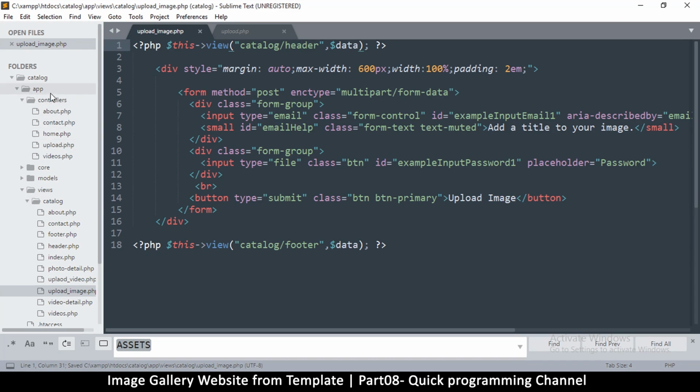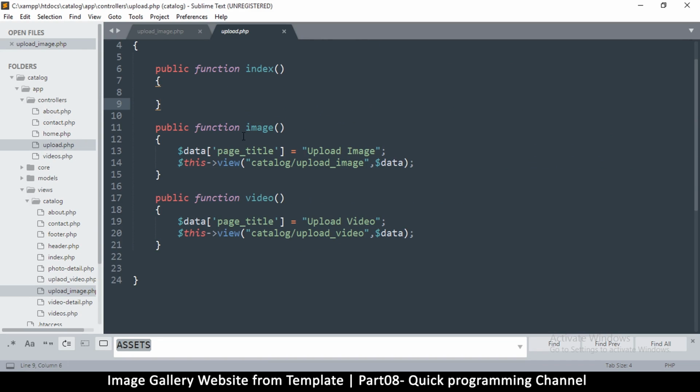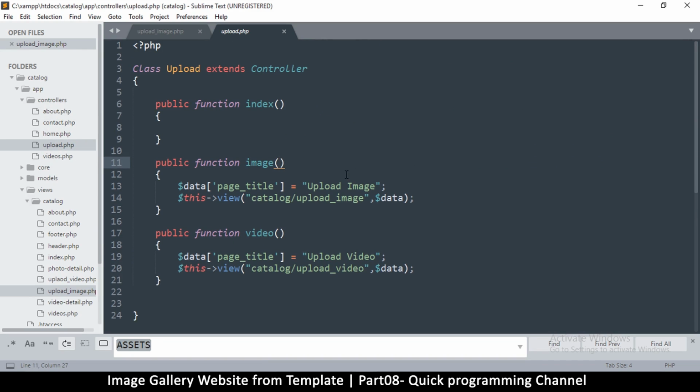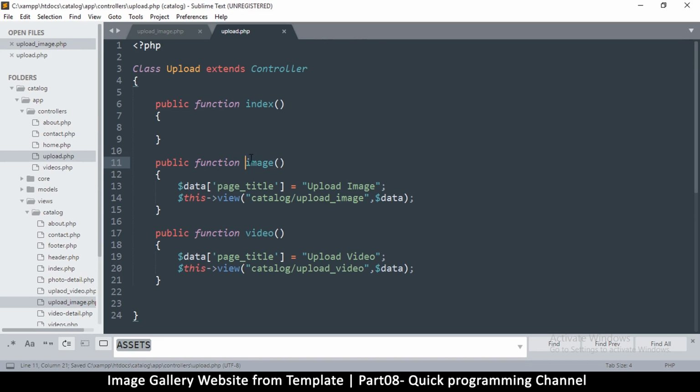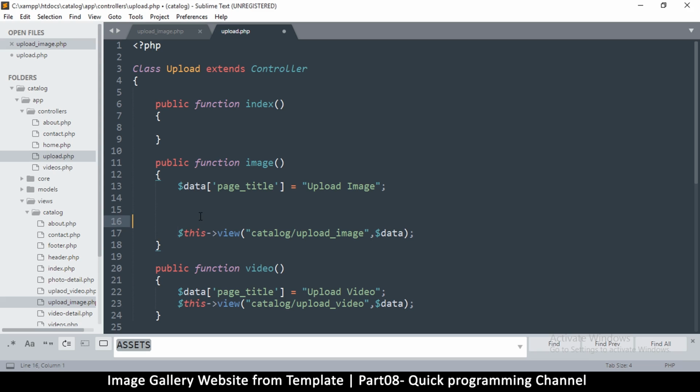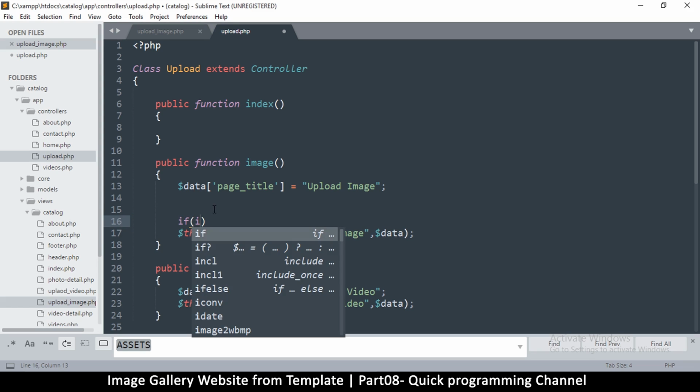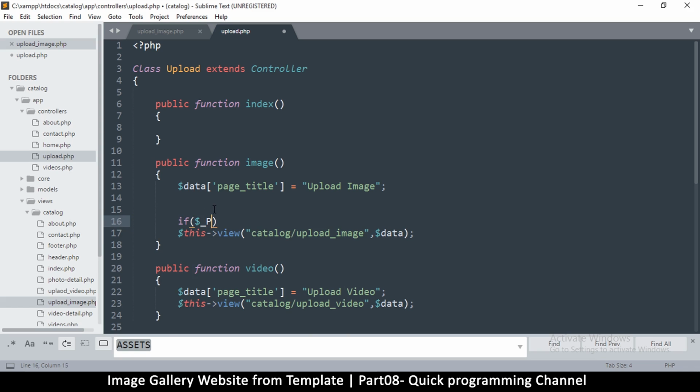So instead we're going to go to our controller. Let's go to the upload controller right here. All the processing will happen here, okay. So upload image right there. When we get here, let's put some processing here. So if post, or if files,